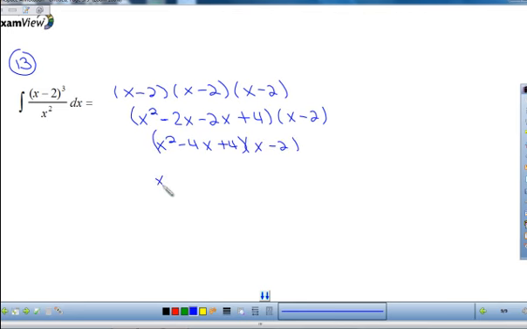So we're going to have x³ minus 2x² minus 4x² plus 8x plus 4x minus 8. So combining like terms,